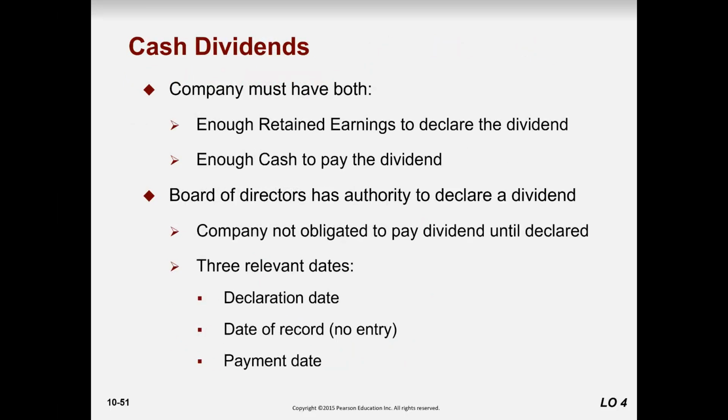So how are we going to treat the cash dividend? When the company issues a cash dividend, the company must have both retained earnings and enough cash to pay the dividend. Plus, the amount of dividend must be approved through the board of directors in the annual general meeting, because the amount of dividend must be declared after the annual general meeting.